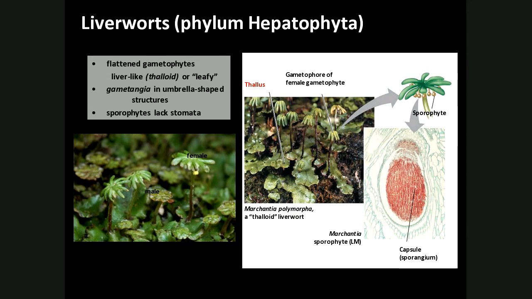You see the picture on the right? So this is kind of a protection of spores, because here's the female gametophyte, right? But the female gametophyte also has the sporophyte hanging off of it. So the sporophyte, where the spores are made, is contained right in that female gametophyte. All right? So those are the liverworts.